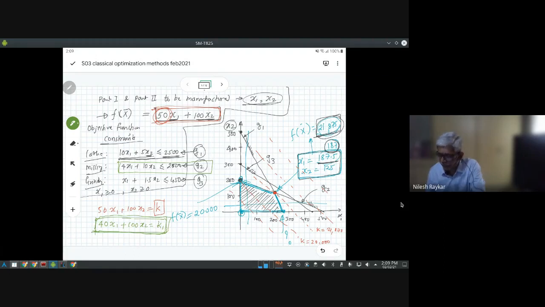So if you try to optimize this function, the variation of this function would be as follows. These functions would have different values but the same slope, which is parallel to the G2 function. And the optima will come where this line coincides with the G2 line. So this is the region where the optima will lie. And within the constraints, any point lying between these two points would be your optima. So you have infinite solutions in this particular case.